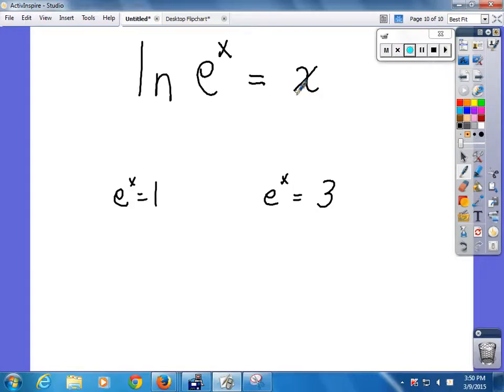And you can prove that by changing natural log to what? What's log base e of e? And what's 1 to the x power? X. 1 to the x. You're thinking anything to the 1 power. 1 to the x power is x. So that's where that comes from. This is very important because now I can take the natural log of both sides